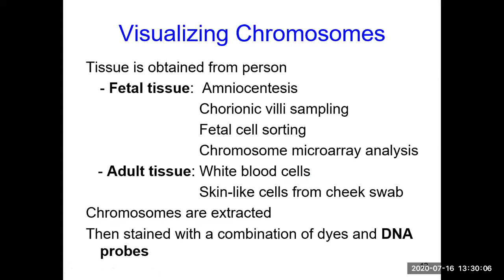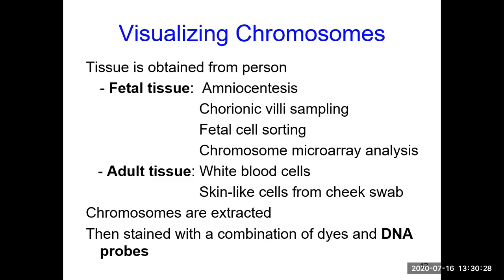How do we visualize chromosomes? Well, this is not even very new technology. Geneticists have been looking at chromosomes for a long time, and if you are doing biology or genetics, you would be doing this in your undergraduate right now, extracting chromosomes from either the femur of mice or from plants, like onion, all of these.